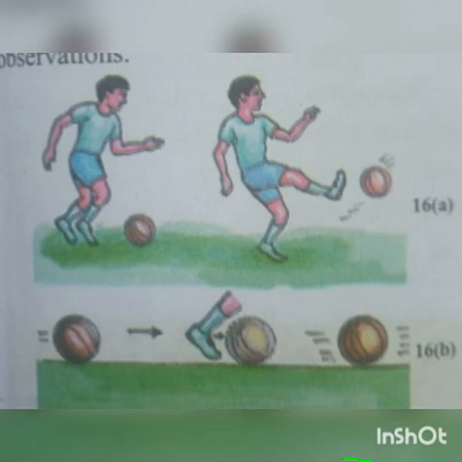Place a football on the ground. The ball will remain there in the state of rest unless someone kicks the ball. Kick the ball, it starts moving. Kick the moving ball in the same direction, the speed of the ball increases. Now place your hand or leg against the ball. Then the ball may be stopped or may change its direction of motion. From this activity we can conclude that force changes the direction of motion and the state of the body.